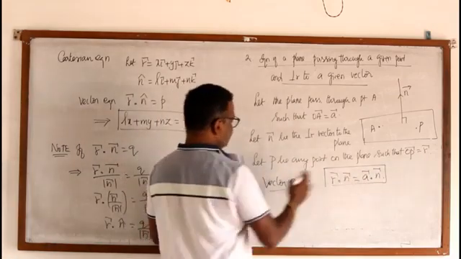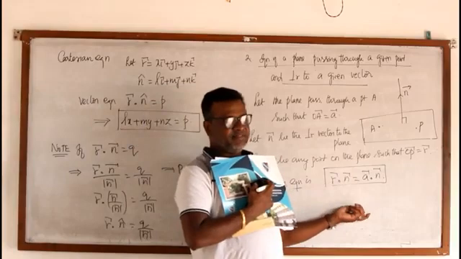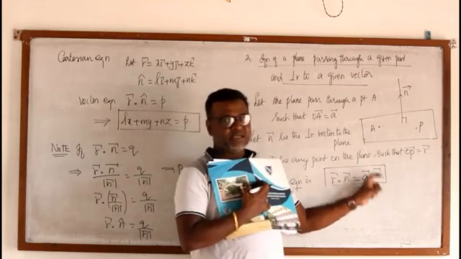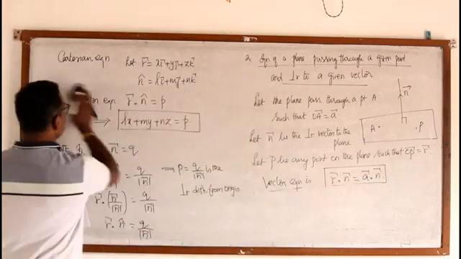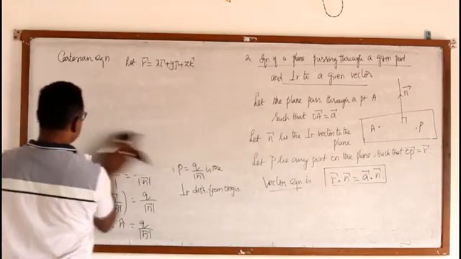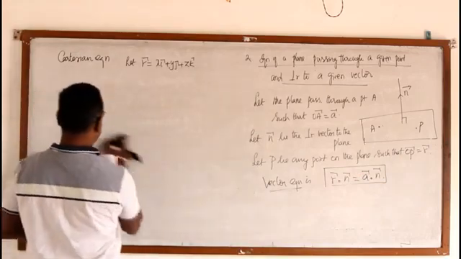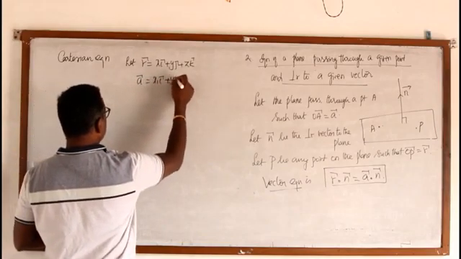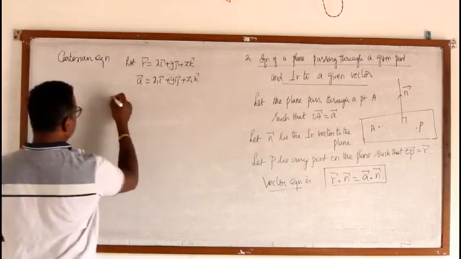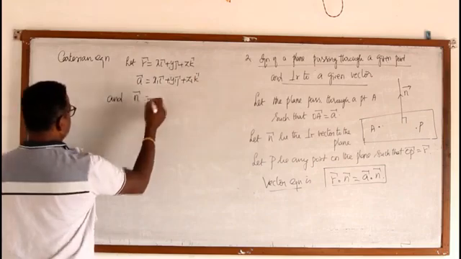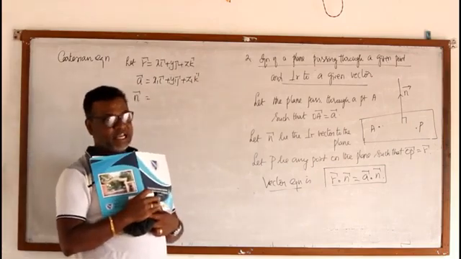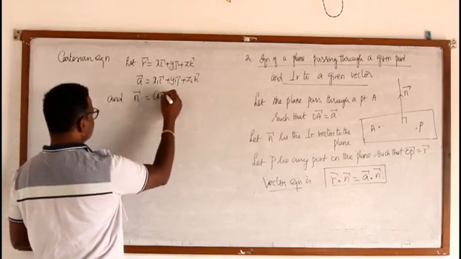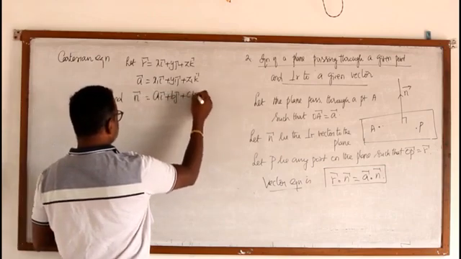Now, we shall take this one itself because we are not going to simplify this. R dot n vector equal to A dot n, where A is the point on the plane and n vector is the perpendicular vector to the plane. Now, the Cartesian equation: let R vector equal xi plus yj plus zk. Since A is a point, we take it as x1 i plus y1 j plus z1 k, and the normal vector, remember n cap we took as li plus mj plus nk, but this is not a unit normal vector, it is simply a normal vector. So we take it as ai plus bj plus ck.